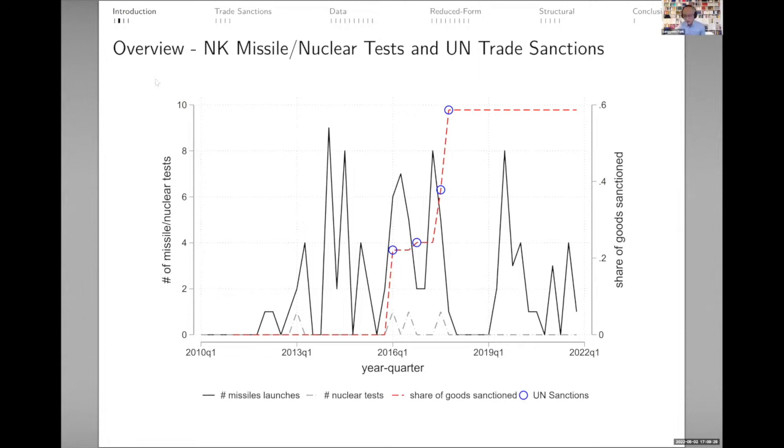It's hard to tell from this graph whether there's a causal relationship between the two. Descriptively, it seems that once the sanctions increase to about 60%, we don't see nuclear tests, but still, there's a surge in missile tests and then it goes down. So our goal is not going to be looking at the outcome of whether there's an increase or drop in missile tests, but we're going to first provide an understanding about whether the UN trade sanctions were actually applying any economic pressure against the North Korean economy.